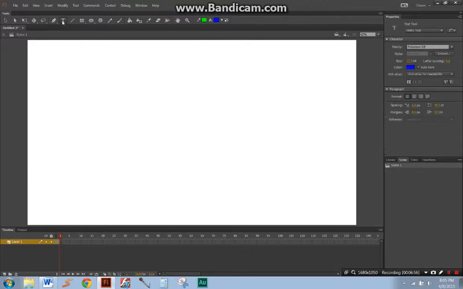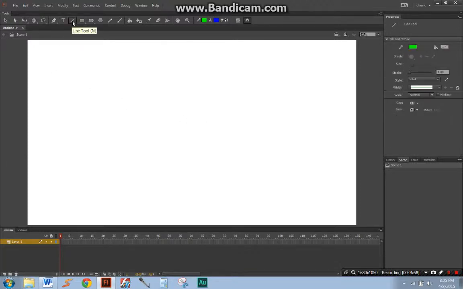And the next on the list after text will be this line tool. And this will be your friend for just about the rest of this tutorial. And it's pretty simple with our properties here. We've got line color, stroke color, and how thick we want the stroke to be. We can go to 0.10, left click to start and drag it somewhere and release, it makes a line. And if we bring this up with the up arrow to 5, enter,